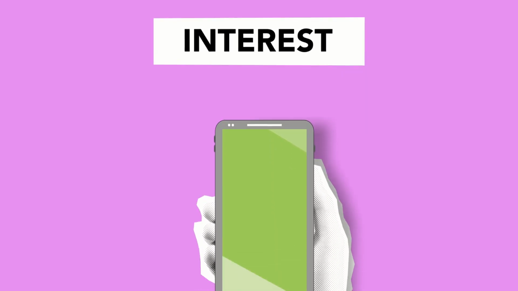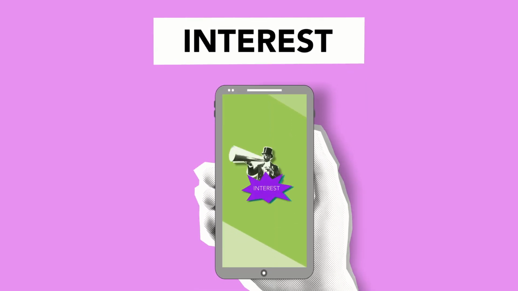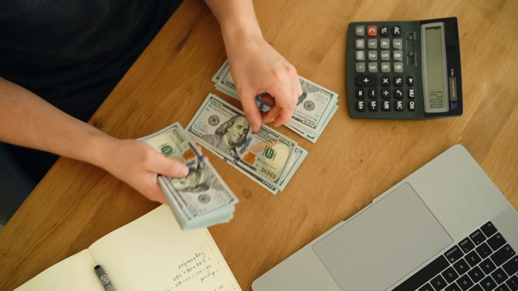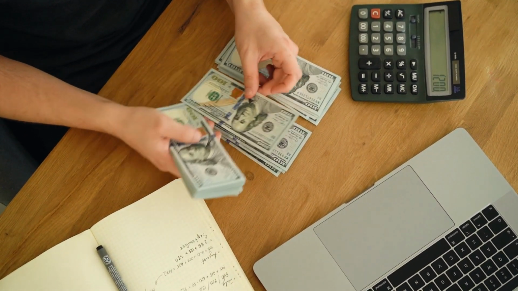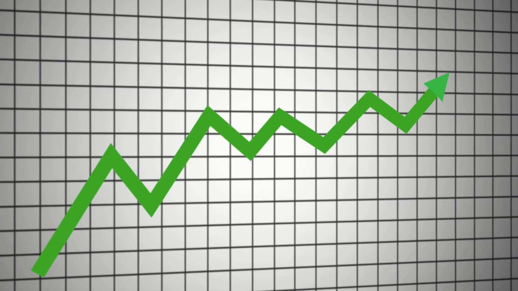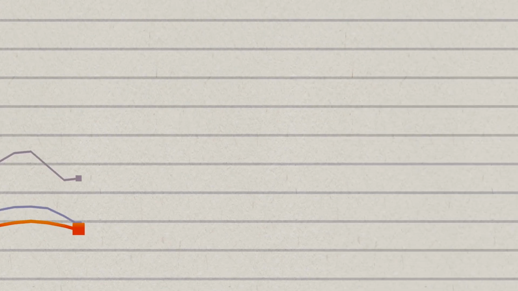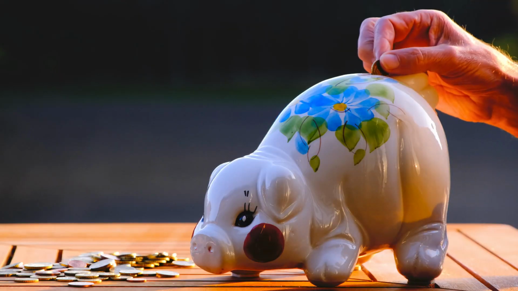Know the frequency of interest because it impacts your finances differently, whether as a debtor or as an investor. 2. You as a borrower can save more money, pay your debt off quicker, and manage the numbers easier. 3. The interest fee is never applied to the principal amount, so you never end up paying interest on interest. And 4. You as an investor do make money and it's easily calculated.